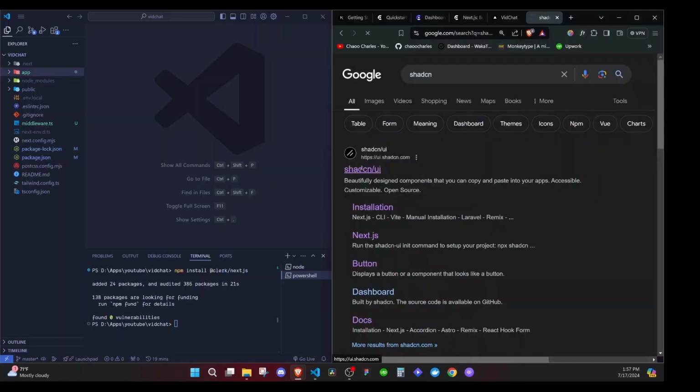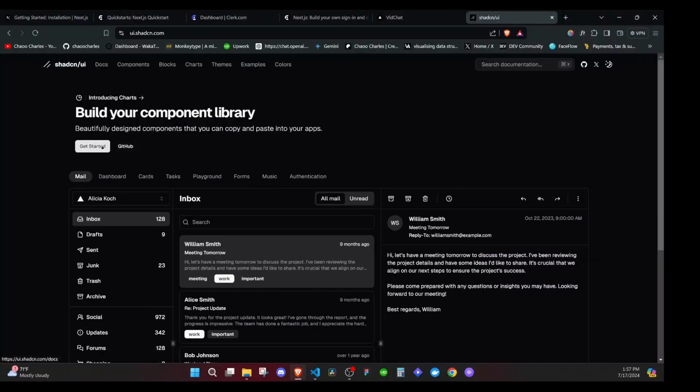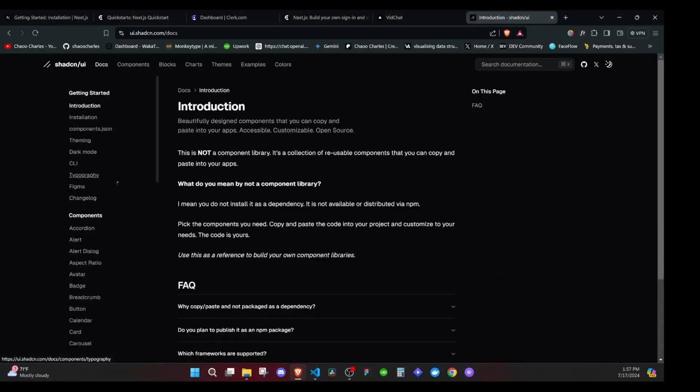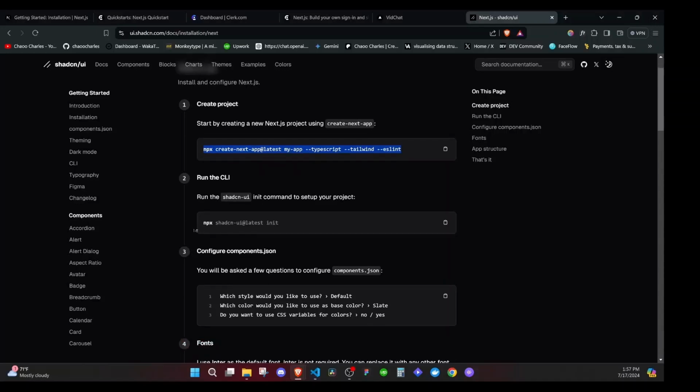You'll see Chaoo/UI. Let me expand this. I need to go to the docs, get started, installation, Next.js. Okay, first of all, it shows you how to install a Next.js application. We have already created a Next.js application. Then it shows you how to add